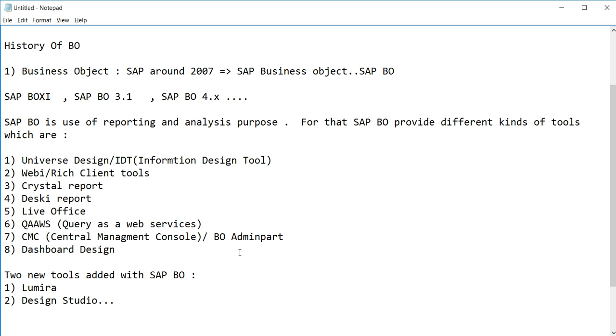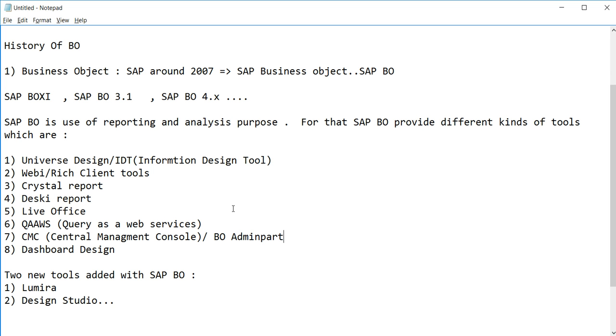This syllabus is mainly designed for BO development only, but I'll give you some scenarios, which are the basic requirements for a BO developer. I'll cover that part in the admin as well: user groups and security, how to schedule a report, how to migrate a report from one environment to another.